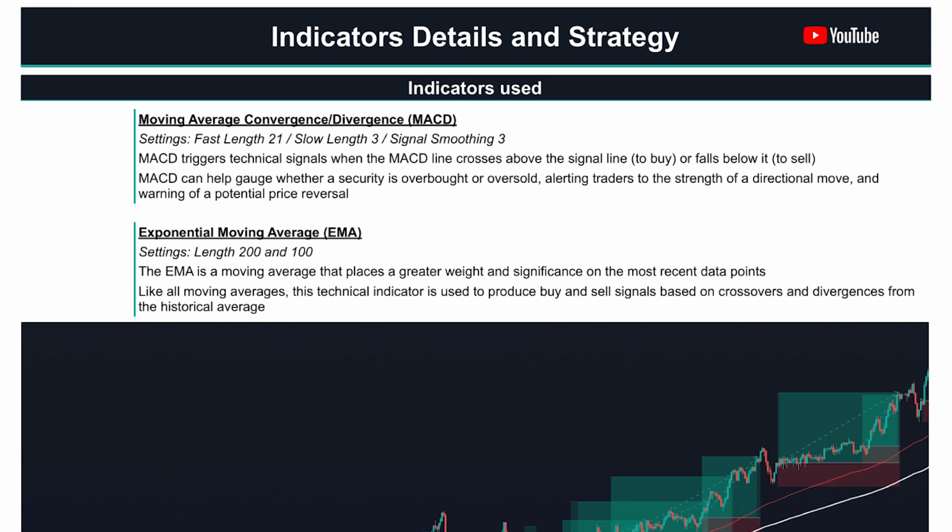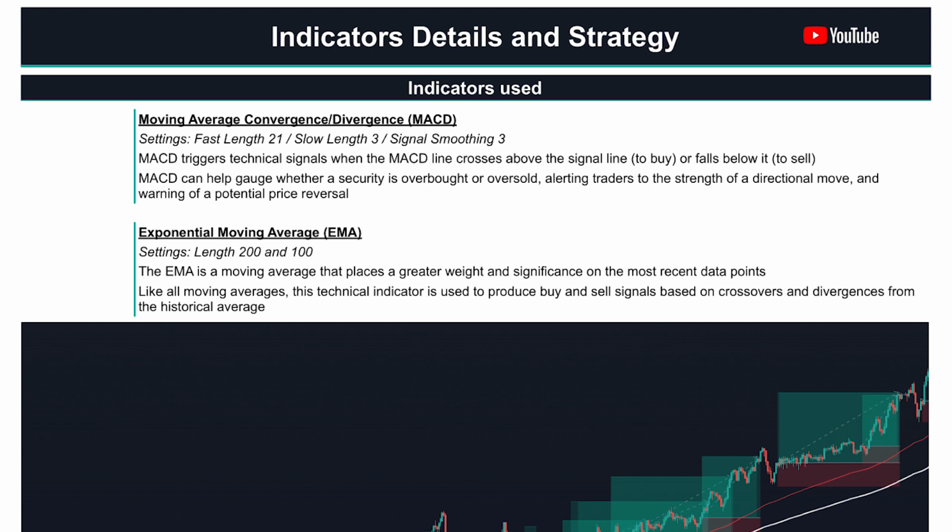Traders usually buy the security when the MACD line crosses above the signal line and sell the security when the MACD line crosses below the signal line. The MACD indicator can be interpreted in different ways, but the more common methods are crossovers, divergence, and rapid rises and falls. And the second indicator is the famous EMA, exponential moving average, which is a type of moving average